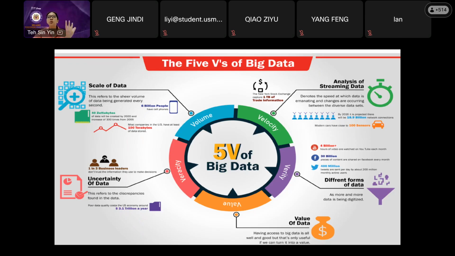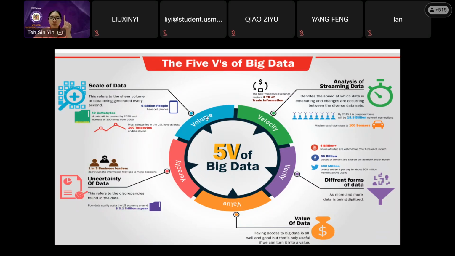So most of the time, students will ask, how big is big? When we talk about big data, how big is big enough? If your client or your boss asks you, how big is big? You tell your boss that I want big data, I want to do a machine learning model, please give me big data. Your boss will ask you, how big is big? Is it that I give you 300 samples, is it considered big? So you need to know how to answer. These are the 5 V for the answer.